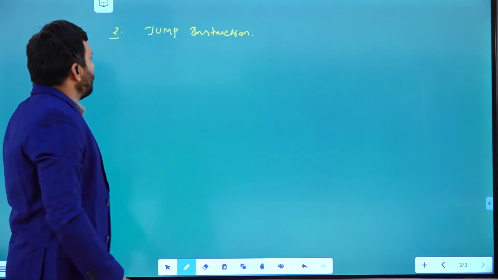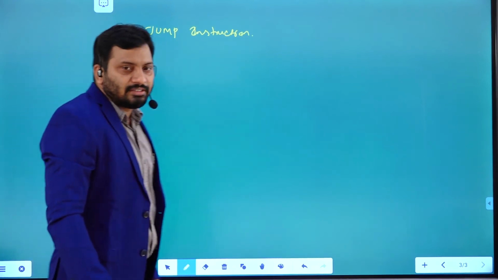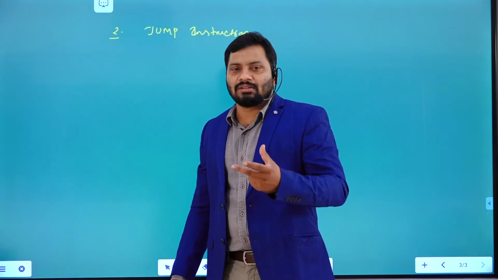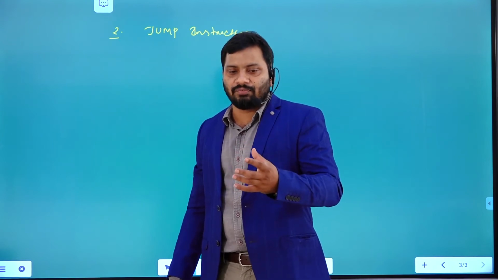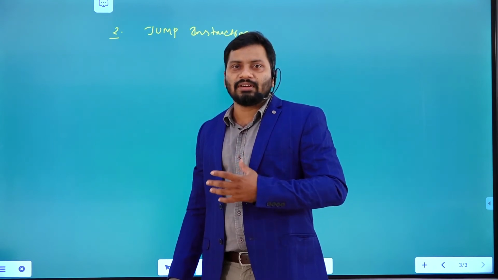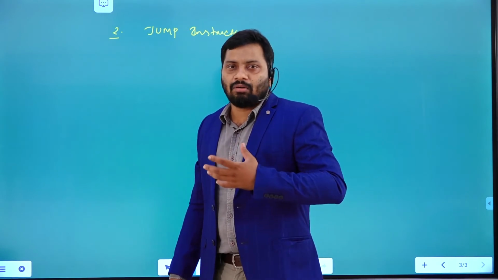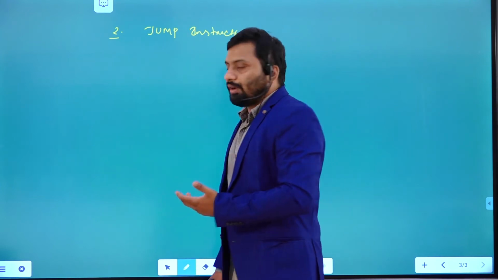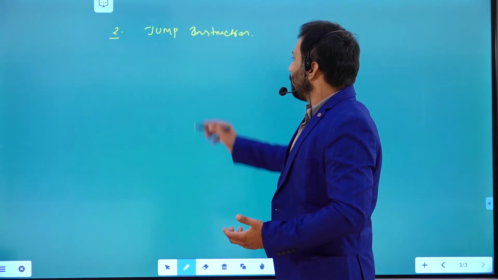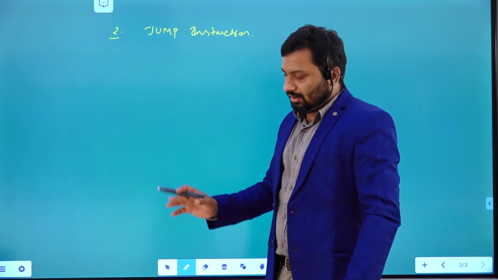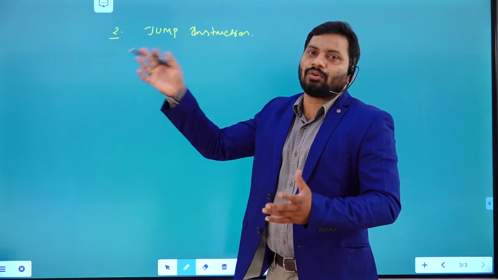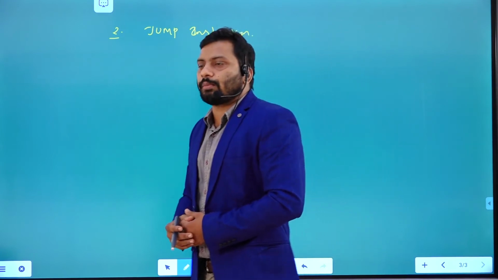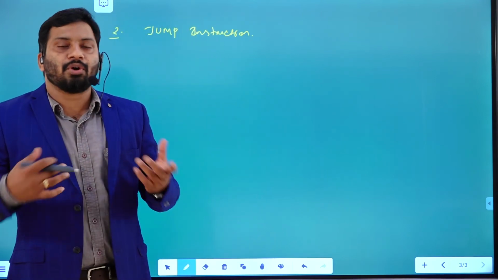In this jump instruction, we have 2 types: based on the feedback, whether it wants to get back or it is going to jump without feedback, or with feedback. Previously we discussed that these 2 types are there. The first is used to jump directly without feedback, and the other is the jump with feedback. Jump with feedback normally comes up while executing subroutine programs.